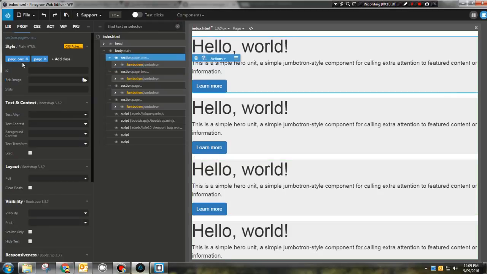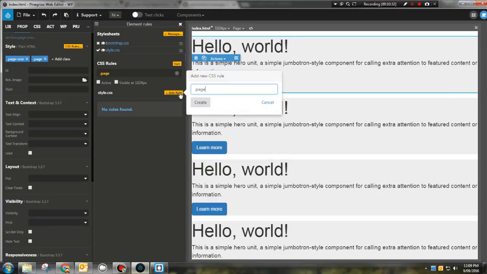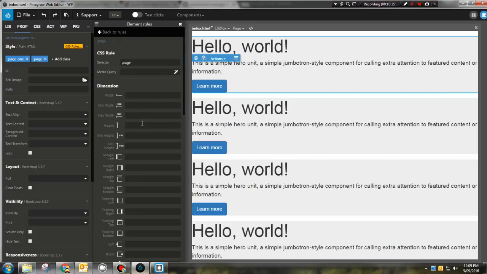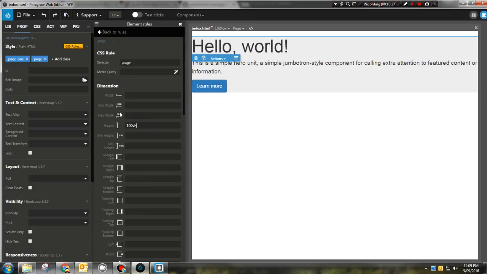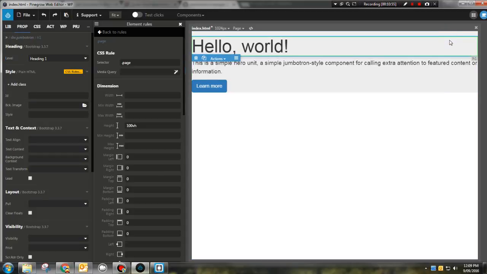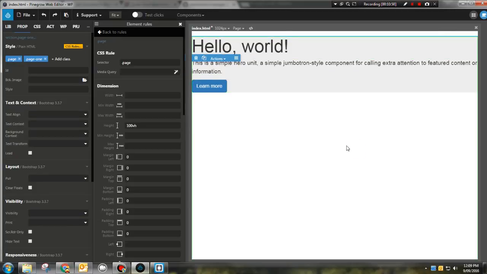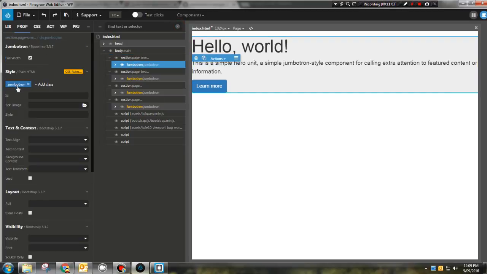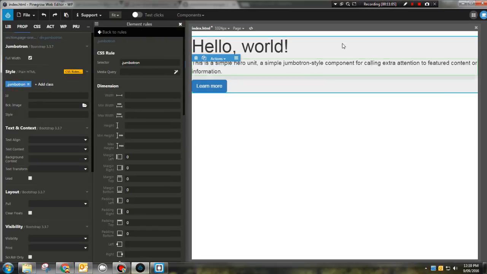We'll click on that section. We'll click on page, and we go add a rule. We'll create, and we'll make that height 100 view height. And we'll set some margins on that of 0, 0, 0, 0. And there we go. Let's go back to our Jumbotron CSS,